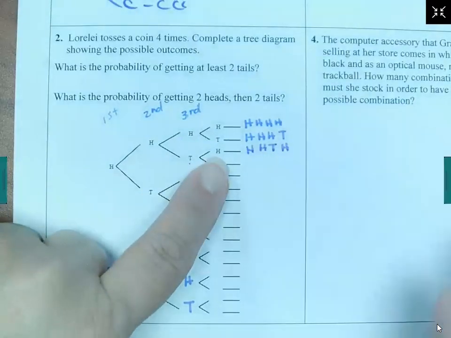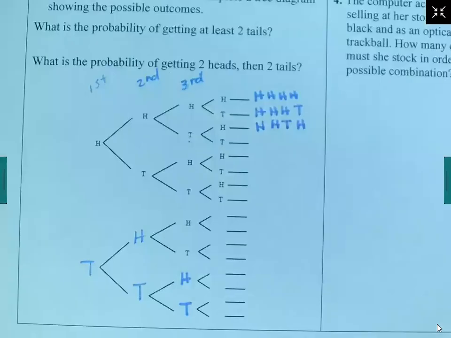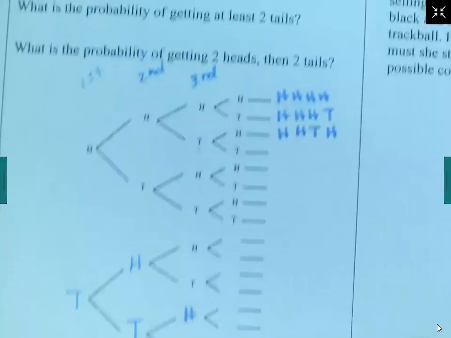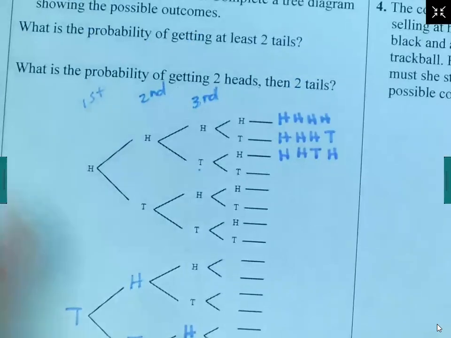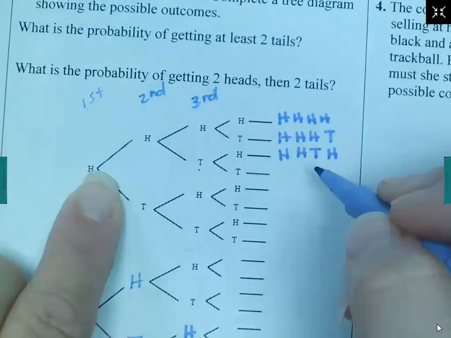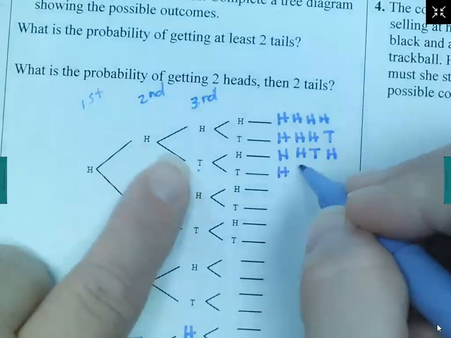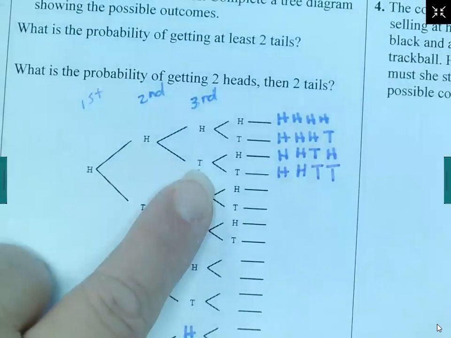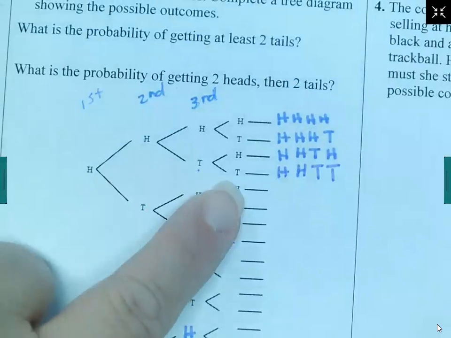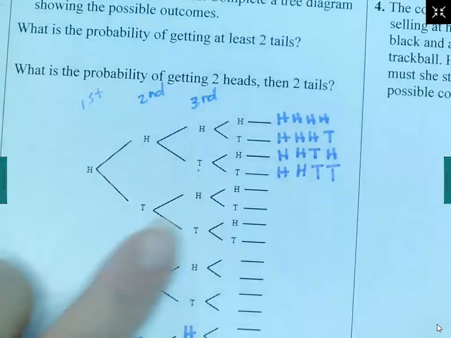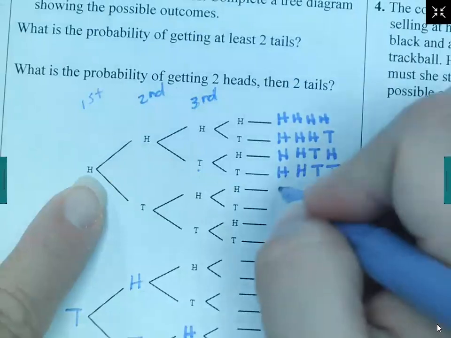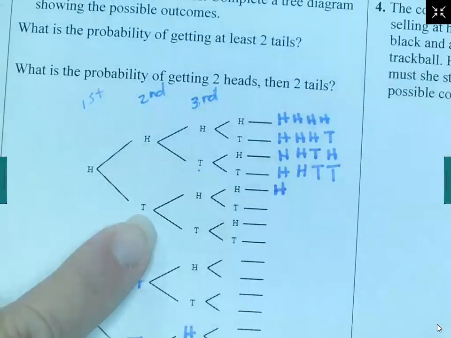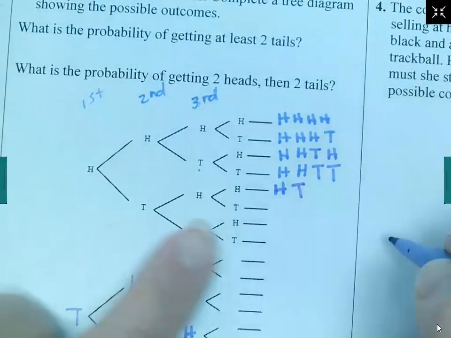H, H, T, H, H, oh, no. H. So the next one would be H, H. Okay, the next one is H, T,